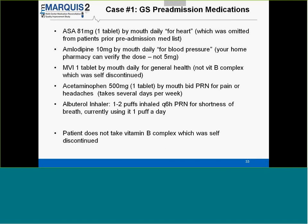Amlodipine 10 milligrams by mouth daily for blood pressure. Multivitamin 1 tablet by mouth daily for general health, not the vitamin B complex, which was self-discontinued. The acetaminophen 500 milligrams, 1 tablet by mouth twice a day as needed for pain or headaches, takes several days